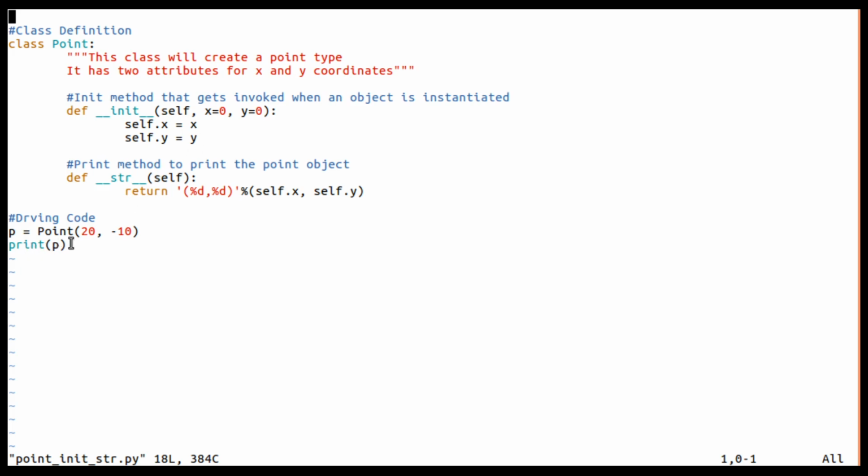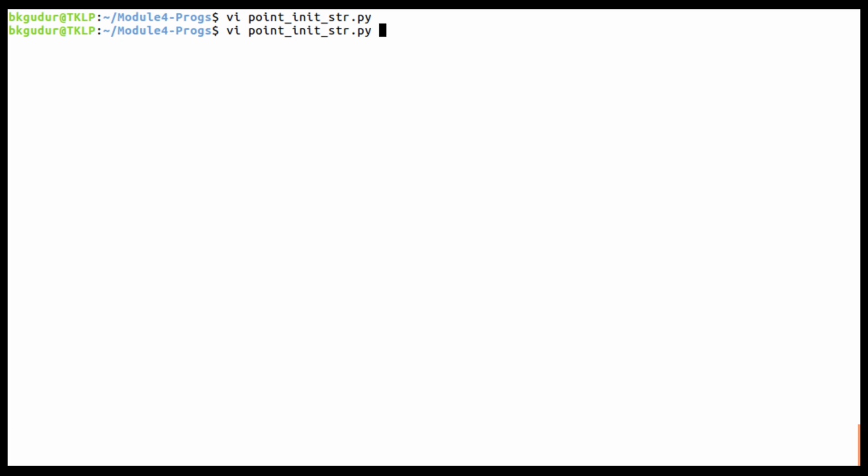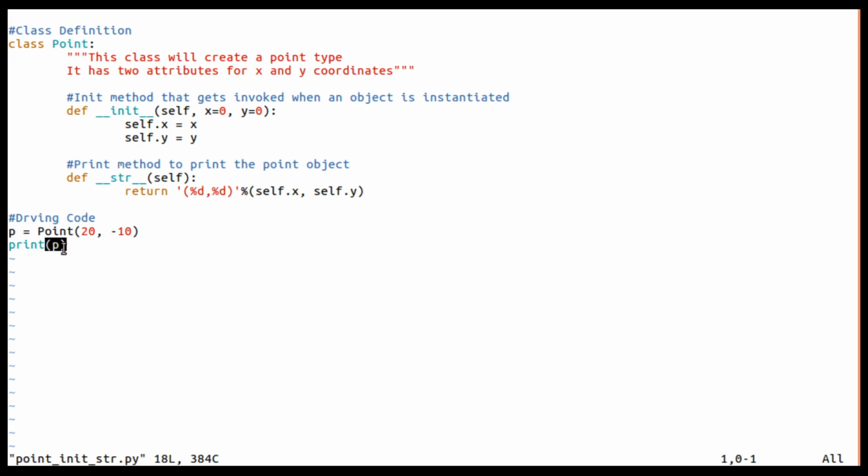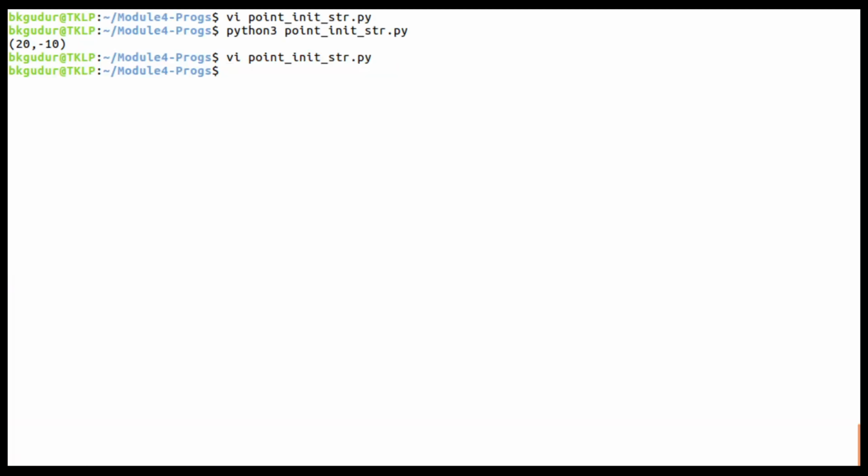So when we print p, we have not written the print_point function, which we had written earlier. Directly I am using the print function to print the object. So p will be supplied to str and it will return a printable version, and that will be printed here. Okay, so if I execute this, this is 20 and -10, which is the output of print p. Right, so I hope this is clear to you.